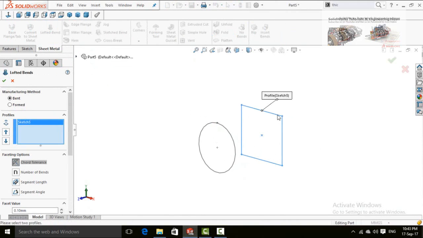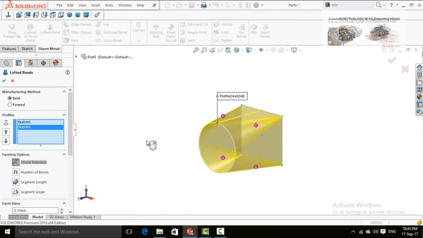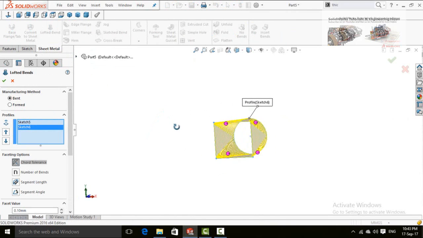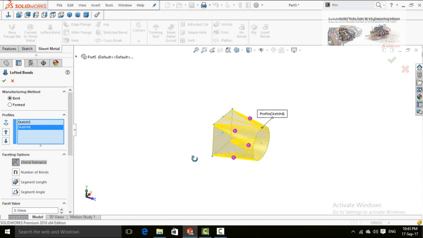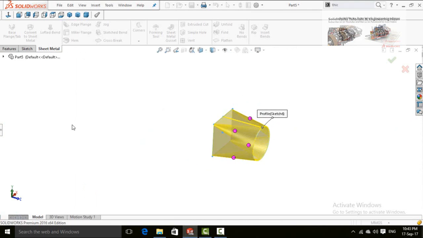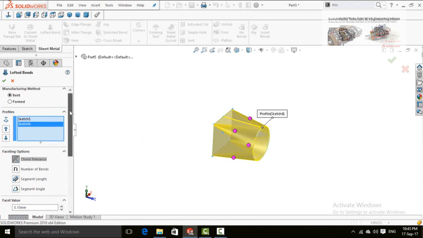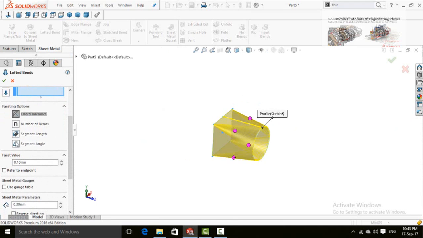Select this rectangle as first profile and then this arc as second profile. So scroll down. Here are the options.